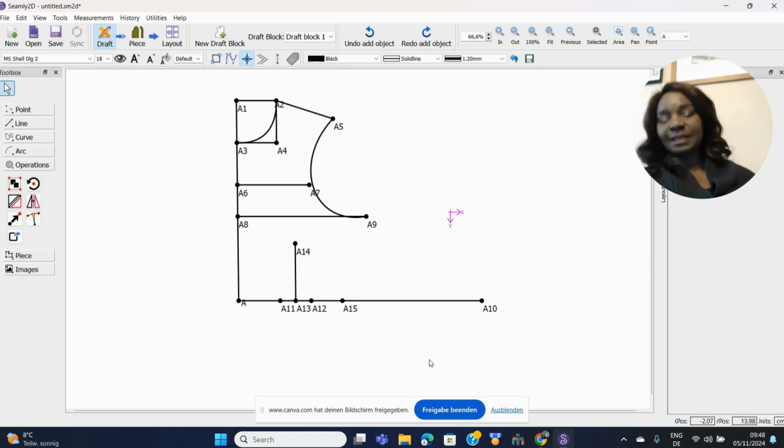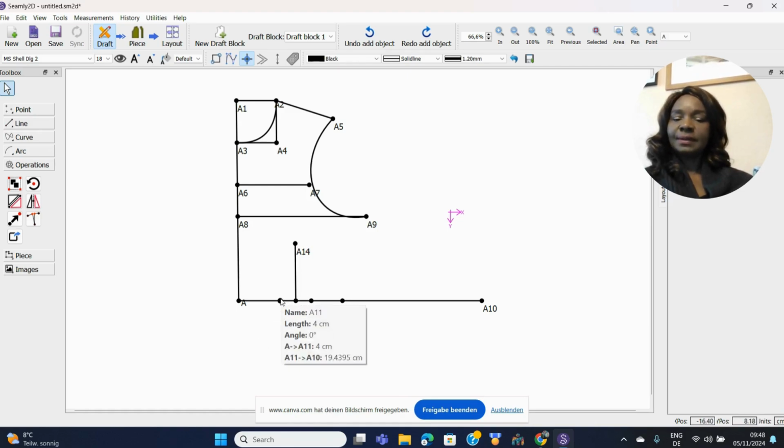If you're creating your darts manually, once you've created the darts like this, if you fold it, you know that it's not normally straight. So that is what we mean by truing of darts. You have to make allowance for the folding. And that is where this particular tool comes in. So how do you use it? So first of all,